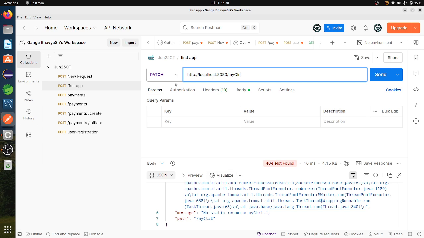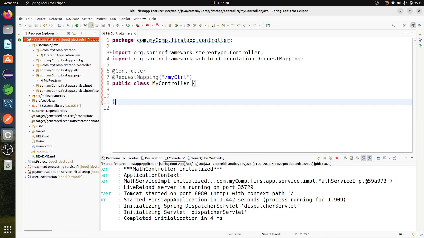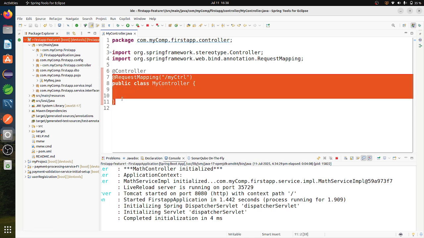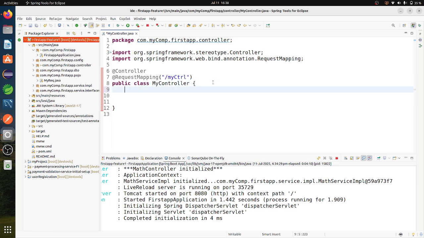So after going to this location, search for the patch method mapping, then print the result. And in my class I haven't declared any method.